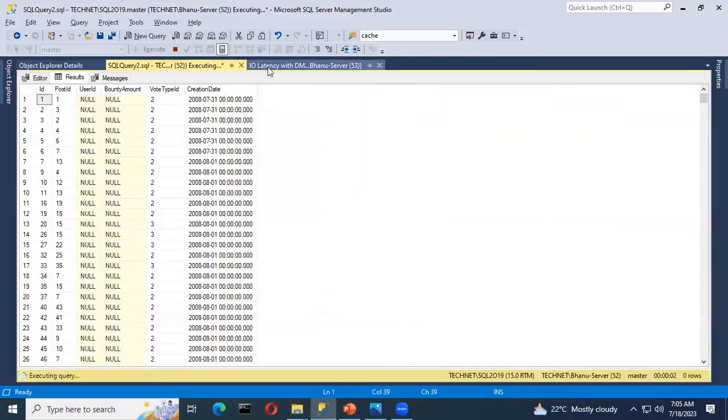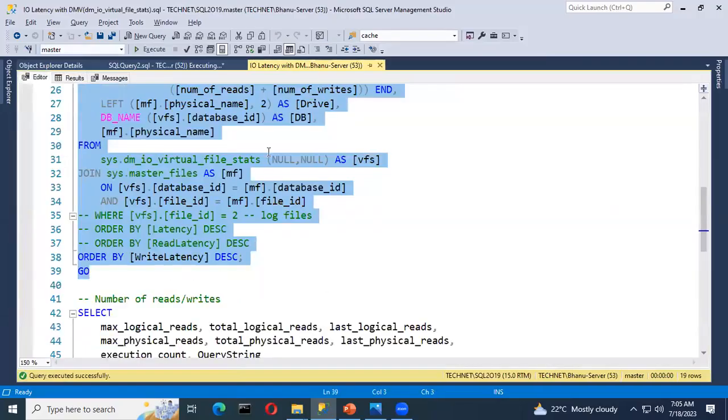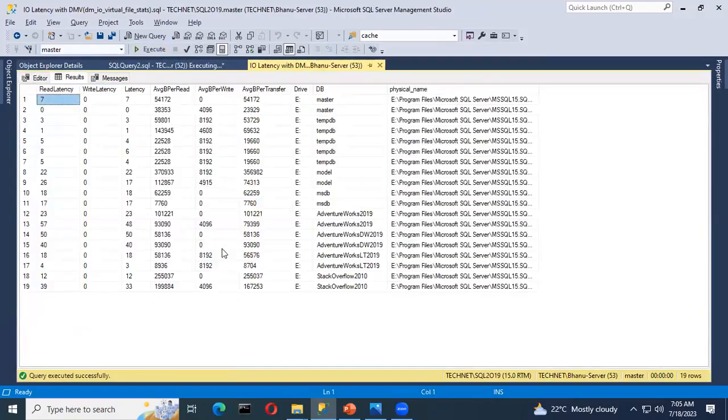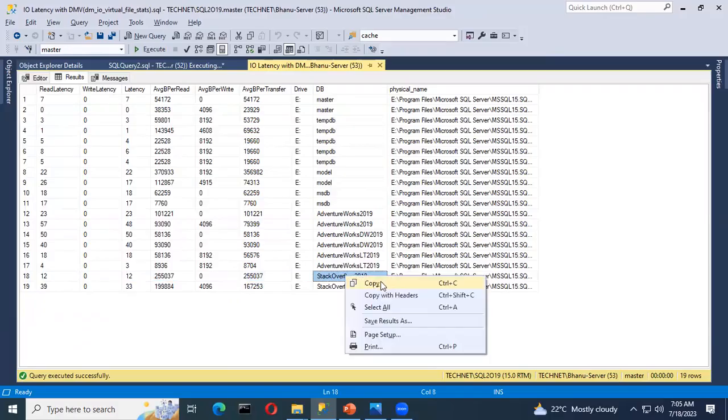Okay, so I'm just reading some random data. If I execute, so this is on this, right? Let's see if it executes, where db name equals to